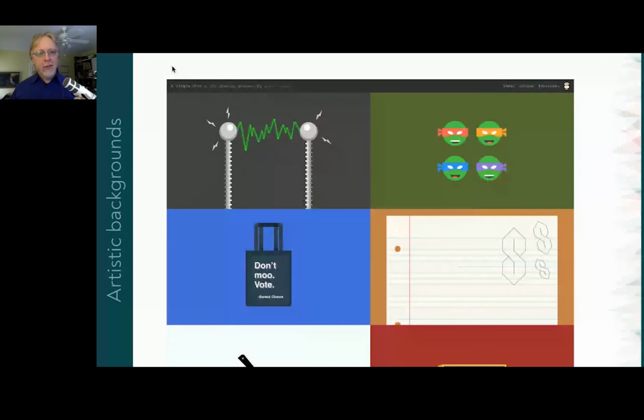Now, if you'd like to see a set of less complicated but still very highly inventive artistic uses of backgrounds, I can't recommend highly enough Lynn Fisher's A Single Div. There's the URL. So pretty much anytime you see single element artwork, it's done with a lot of backgrounds because, as maybe hopefully I've illustrated, you can effectively have an infinite number of background images on an element, and its before and after pseudo elements. So every single one of these art pieces is one div. As an example, the Mutant Ninja Turtles up there in the upper right-hand corner, that's not 4 divs, it's one div with backgrounds that create 4 turtles.